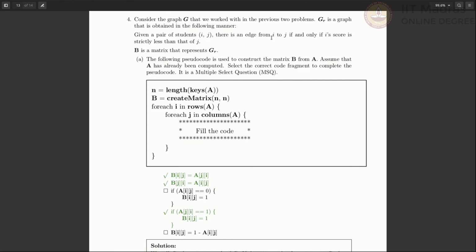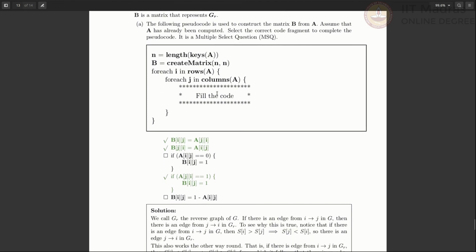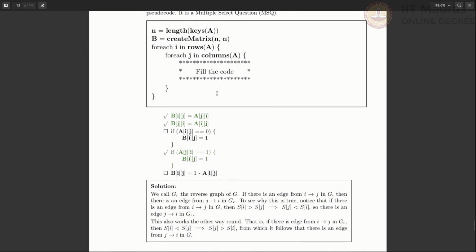And the matrix for this graph GR, we represent it by B, and we are trying to compute B from A, right? Assume that A has already been computed. So here what we do, we initialize the matrix B and then we go through each row and column of A,